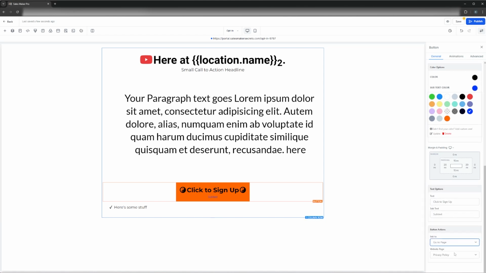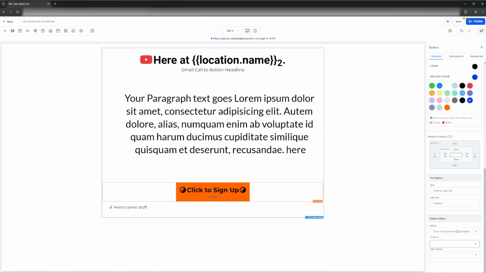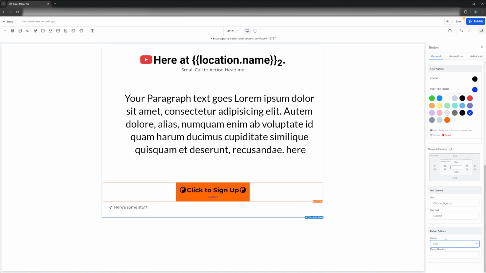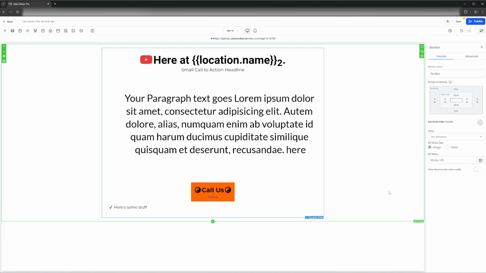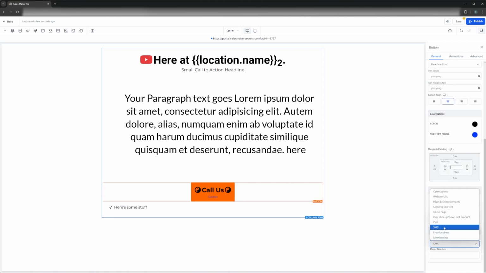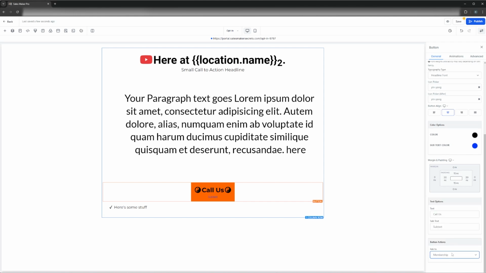We can have it go to a particular page in our website. This is very similar to linking to a website URL, but in this case, we just point it to the page instead. If we have a checkout option, we can add a one-click up or down sell. We can make the button click to call, so if somebody clicks the button, it immediately opens their phone and starts a phone call, which is helpful if the button were to say, call us, for example. We can have it initiate a text message or a new email,